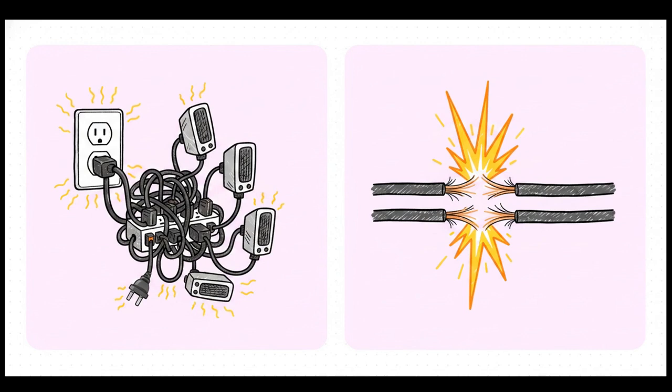We face 2 primary electrical dangers at home. The first is overloading. This happens when you get a little too ambitious and plug 5 space heaters into a single daisy-chained power strip. The total current draw drastically exceeds what the physical copper wiring can safely handle. The second danger is short-circuiting. This is when the protective insulation gets damaged and the live and neutral wires physically touch each other. That abrupt contact drops electrical resistance to almost zero, causing a massive, incredibly dangerous spike in current.